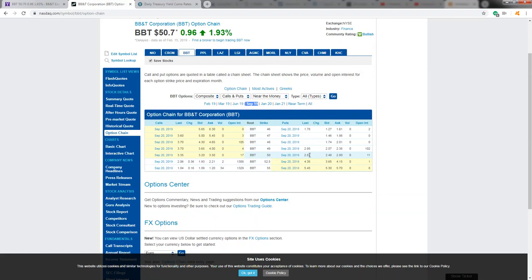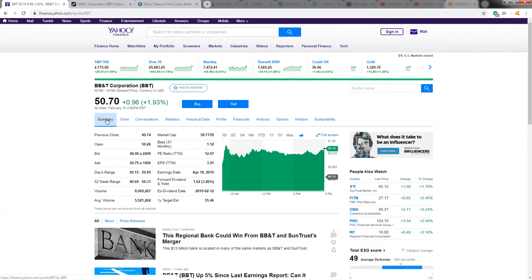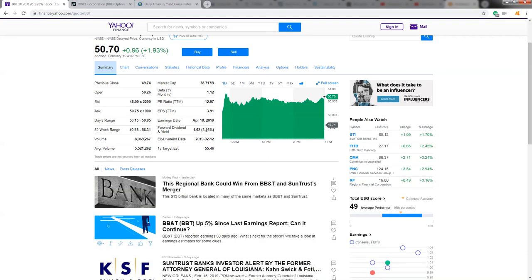So if we go back to the option chain, we see the put is also, well, correctly priced, but for some reason the calls are relatively cheap for BBT. Now the one thing to mention is this is a dividend paying stock, and so the model doesn't price well when dividends are being paid, so we have to take that into account. That's possibly